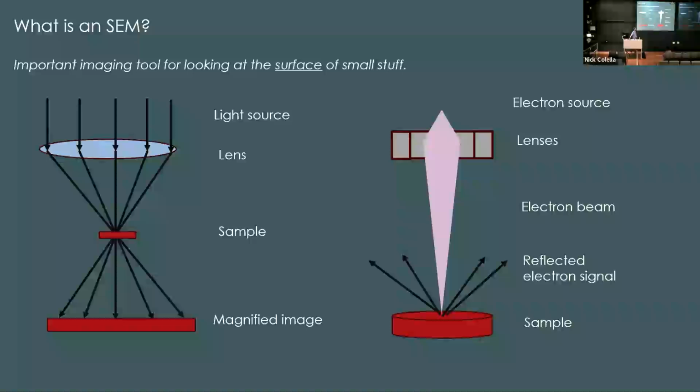So what is SEM? SEM is a really good way for us to investigate the surface of our materials at the micro and nano scale. If you're not familiar with electron microscopy, you may be familiar with light microscopy, or optical microscopy, where light is bent through a lens and focused onto a sample to an imaging plane. With the SEM, the electron source is analogous to the light source in light microscopy.